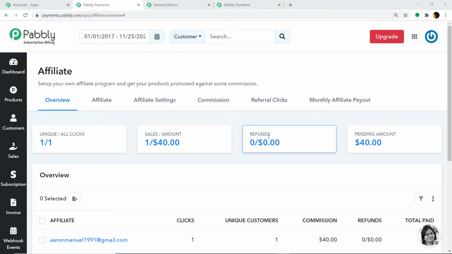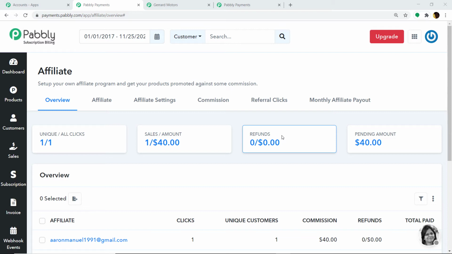Now coming to the refunds. For example, a customer has purchased your product from an affiliate partner link and you have to pay the commission. Now due to some reasons, the customer has returned the product and you have refunded the customer. In cases like these, the commission that you owe your affiliate partner will be shown as refund. That is why you should keep a delay period. For example, as a merchant, I have kept the refund period for customers as 30 days and the delay period as 31 days. If you don't remember what a delay period is, just scroll back a little and you will understand the concept.